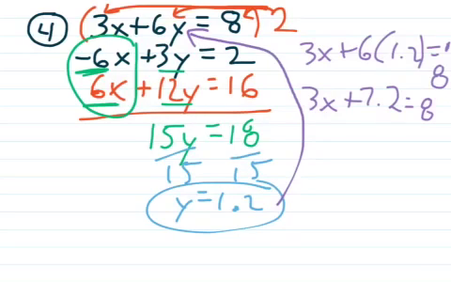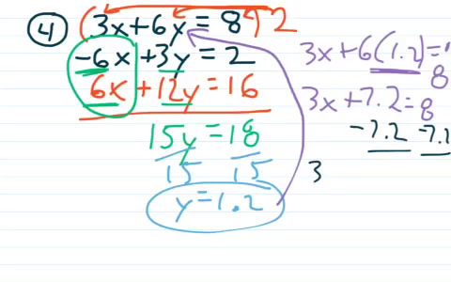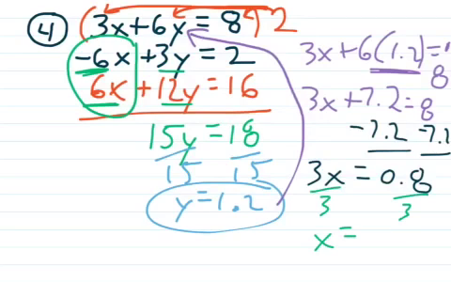And again, 7.2 is 6 times 1.2 up here. Okay, so now I'm going to go ahead and subtract 7.2 from both sides. And we now end up with 3x equal to 0.8. I'm now going to divide by 3. And x ends up being